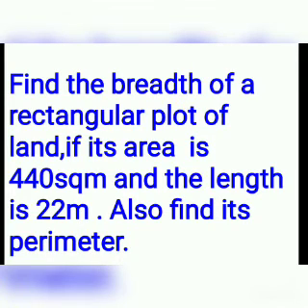And what is given? If its area is 440 square meter, so area of this rectangular plot is given, it is 440 square meter. And also one more fact is given. What is that? Length is given. So identify the relation between length, breadth and area of a rectangle. What is the area of a rectangle? Yes, very good. Length into breadth. So length is given, area is given, we have to find breadth. If breadth is known, we can find perimeter. So first find out breadth.